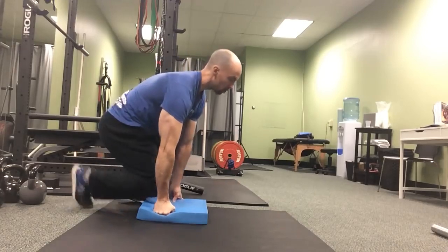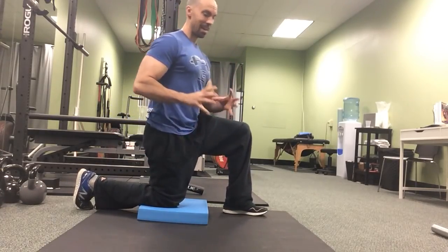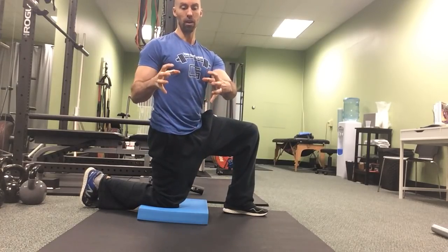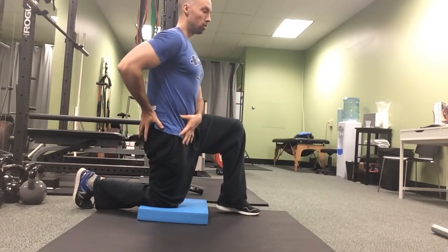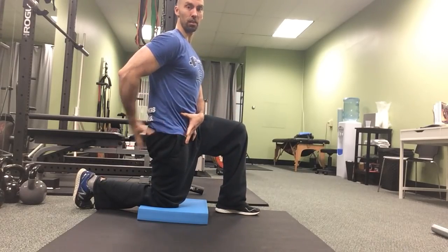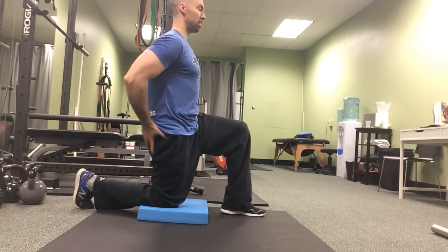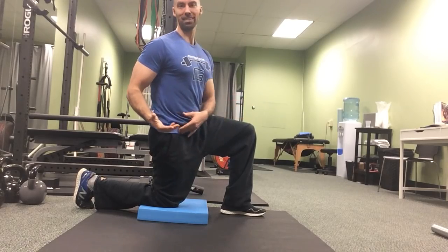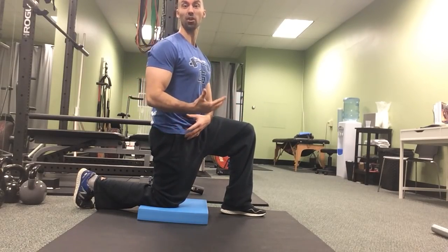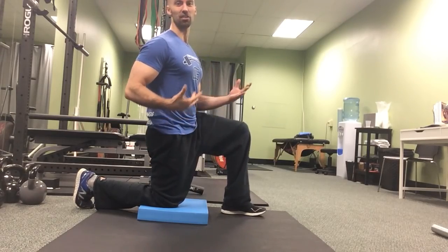So a real hip flexor stretch is going to be to get somebody to appreciate the half kneeling position and thinking about their pelvis as a bowl and making sure that they're in good position here. And then I'm going to have them posteriorly tilt their pelvis, squeeze their glute right here, posteriorly tilt the pelvis, and maybe slide forward maybe an inch or two. And I call this the eyeball moment because when somebody does that correctly, their eyeballs light up and they're kind of in shock that such a little